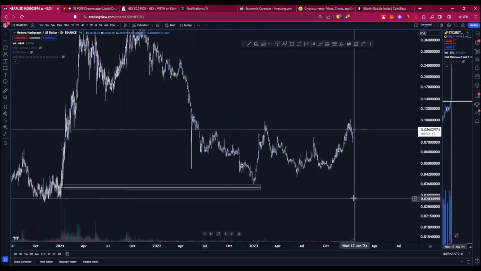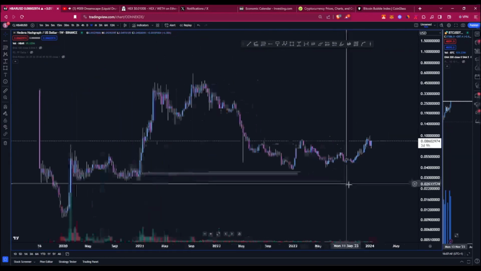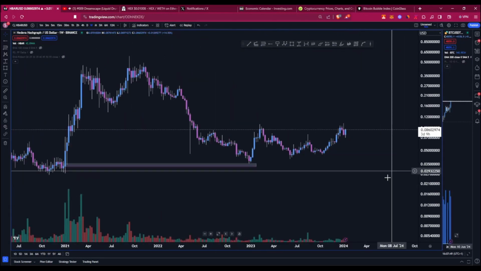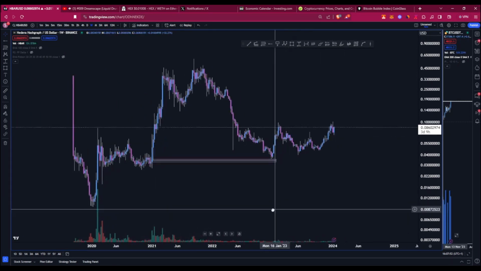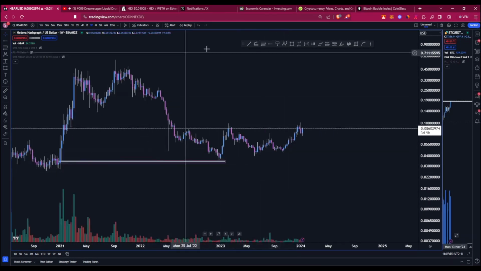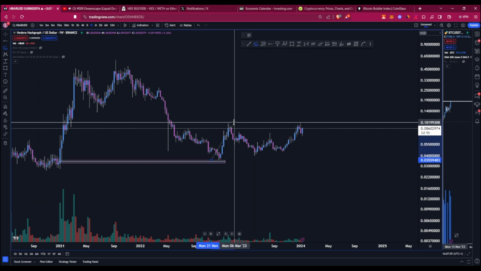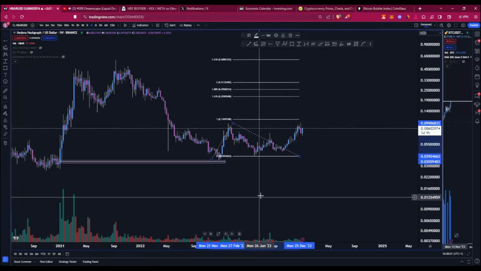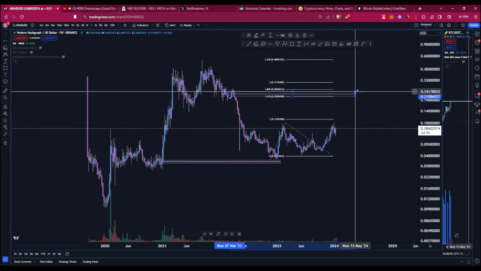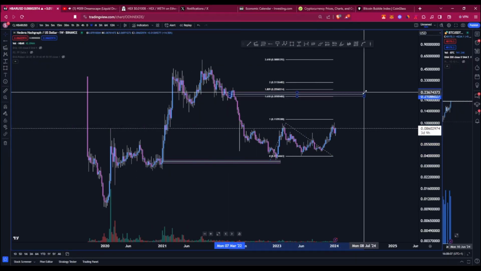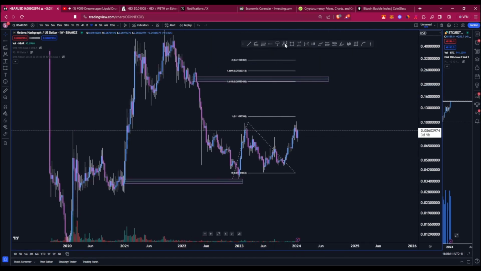For right now, I like to use Fibonacci tools. Why? Because I believe that nature is wiser than me. And this is why I use these tools, because nature is based on it and I'm not intelligent enough to reproduce it. So I would say this is the most important level to look at. We have an extension target of this